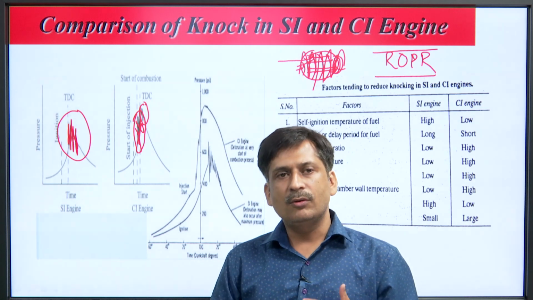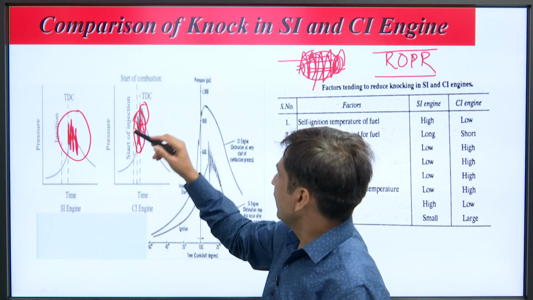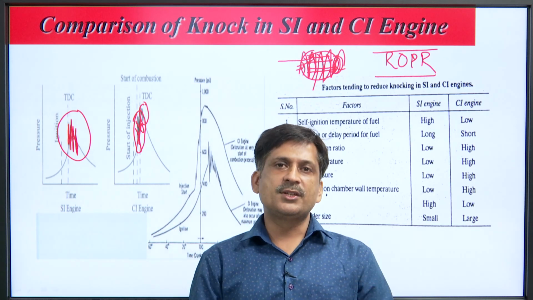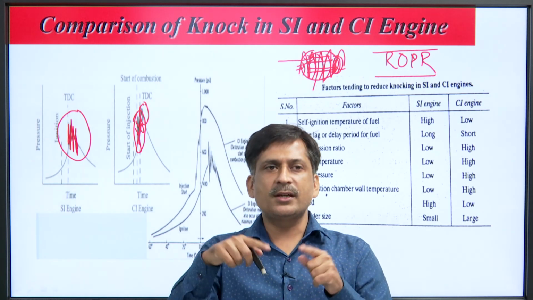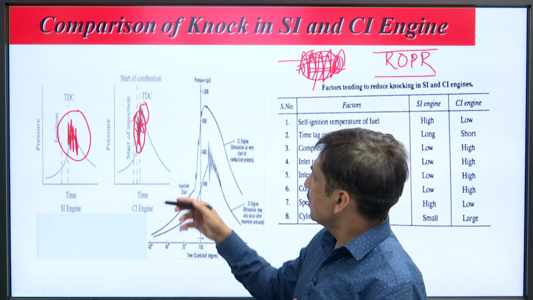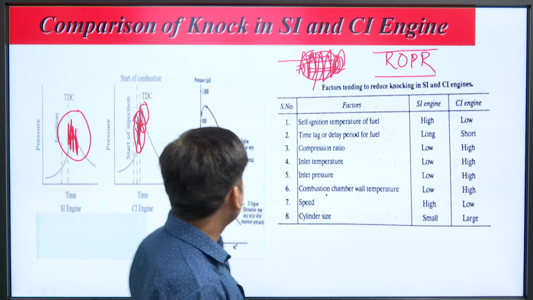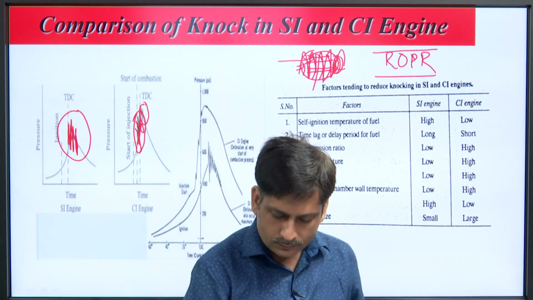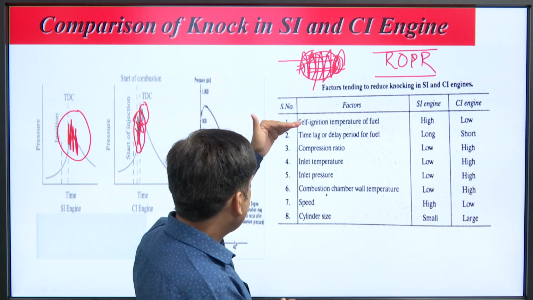because in a CI engine fuel is combusted on the principle of auto ignition. Auto ignition means when the combustion condition is achieved at any corner in the combustion chamber, there will be combustion. But the rate of pressure rise should not be very irregular, which is generally observed in the case of a CI engine. And these are the superimposed pictures of the combustion process in SI engine. So, these are the factors we have discussed for reducing knock in SI and CI engines.